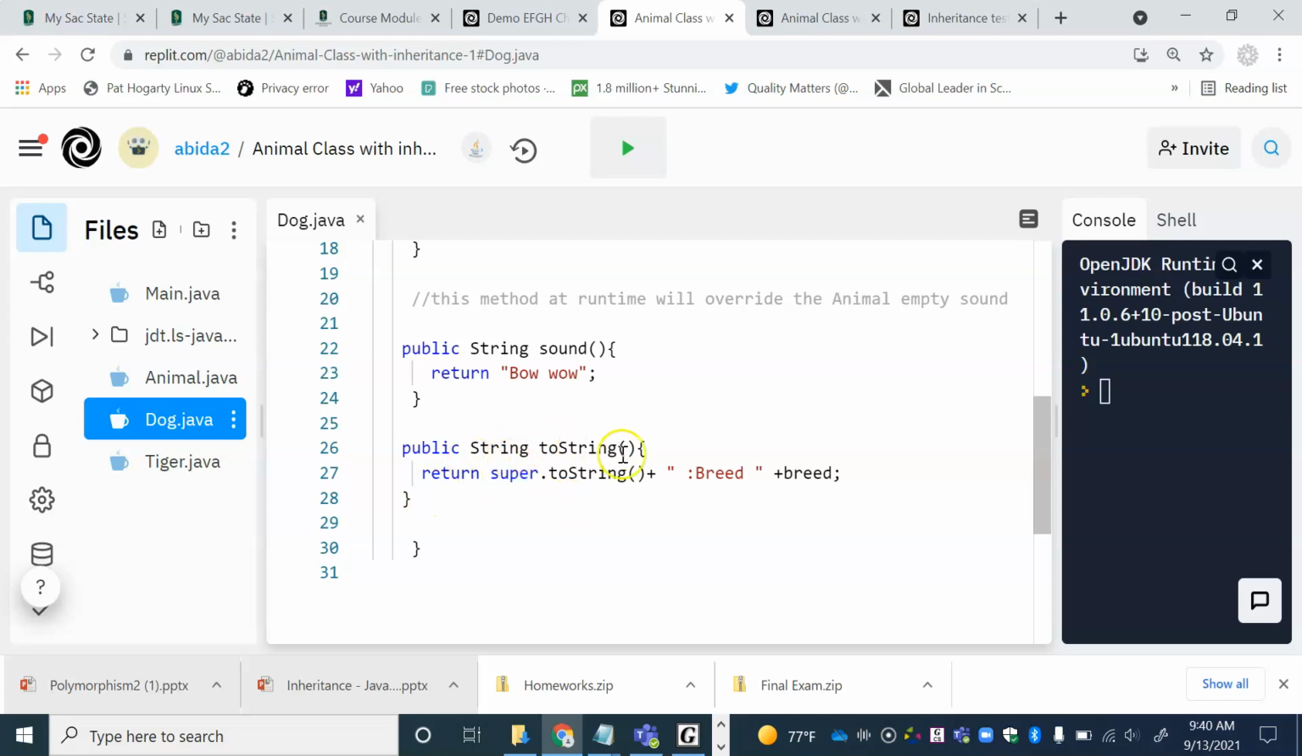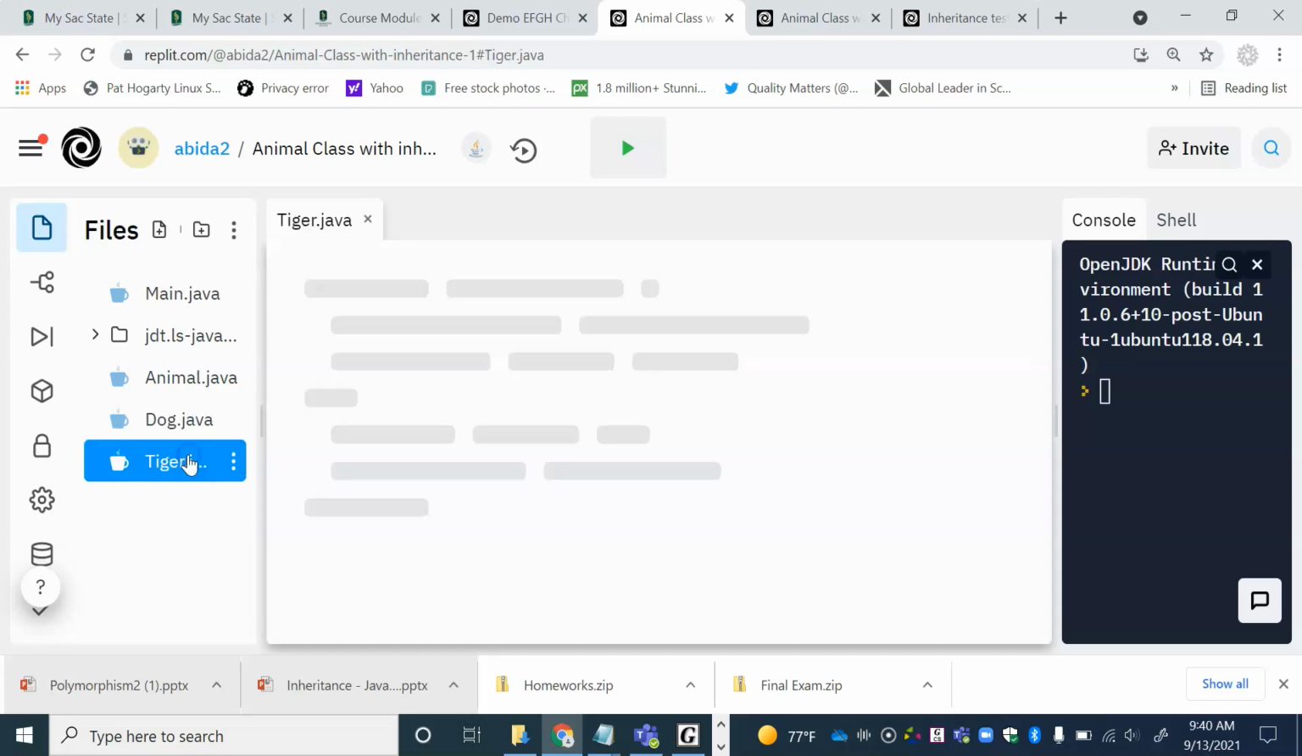This means that call the animal's toString method here and append to those results the breed as well. So we can completely do this. If you wish to call the method of the parent, then we can use super to force Java to call the method of the parent. And so here it's going to call the toString method of animal and then add to that breed. Let's go to